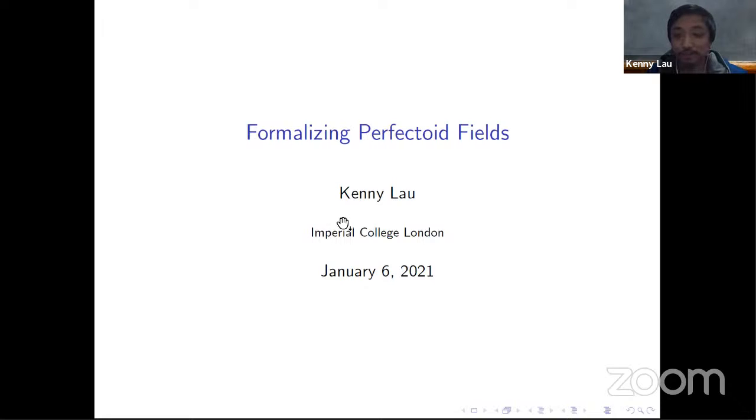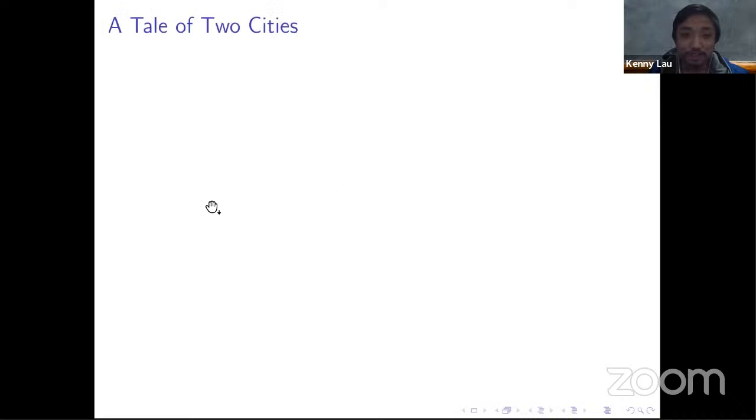I'm studying in Imperial College London, and this is formalizing perfectoid fields. This is part of my master's thesis, supervised by Professor Kevin Buzzard. So let's begin. Firstly, we have two worlds, sort of, because firstly we have number fields on one hand,